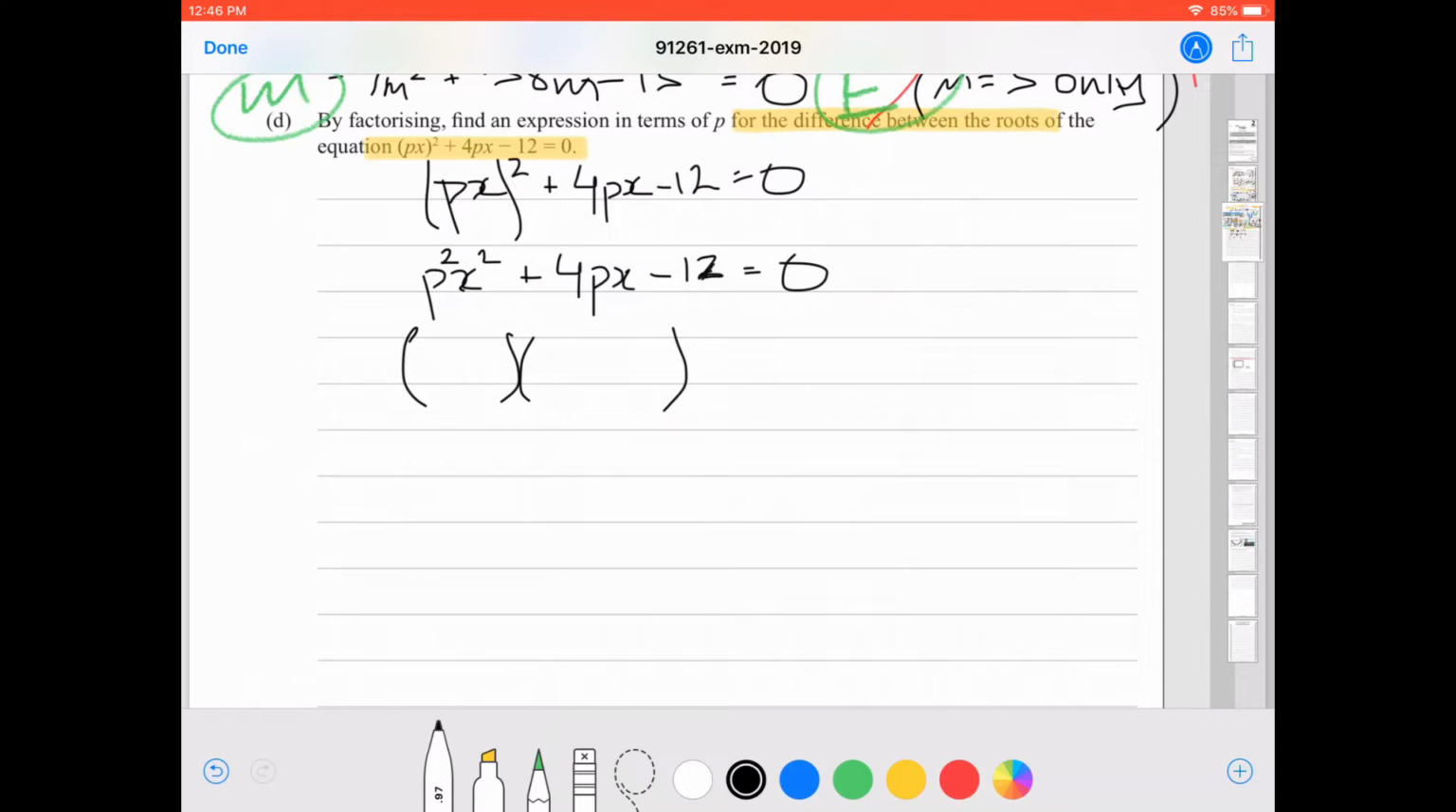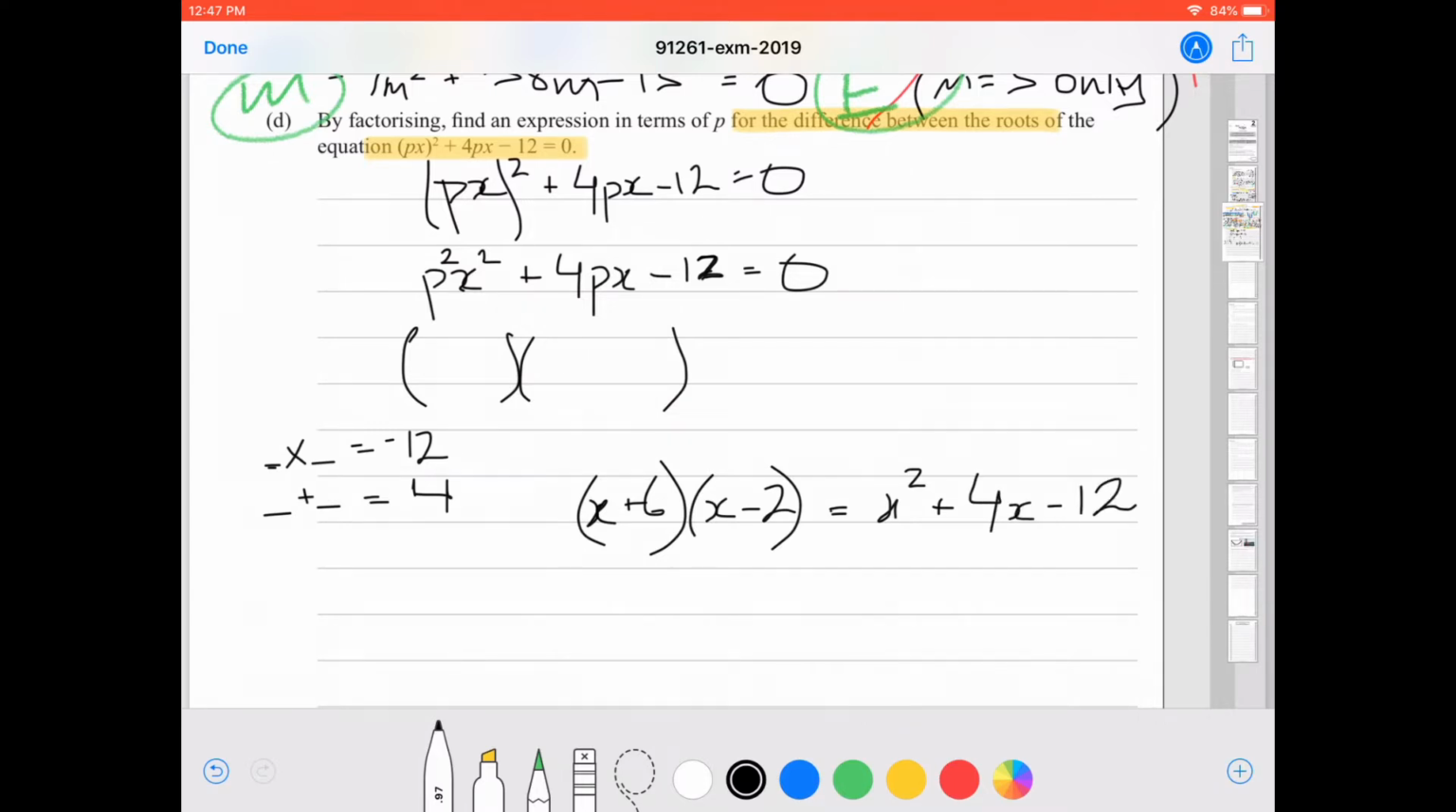But let's forget about the variable p altogether for a moment, and we need two numbers that multiply to negative 12 and add to 4. And those two values are going to be positive 6 and minus 2. So normally when we factorise this, we would have x plus 6 and x minus 2. But in expanding this, we would end up with x squared plus 4x